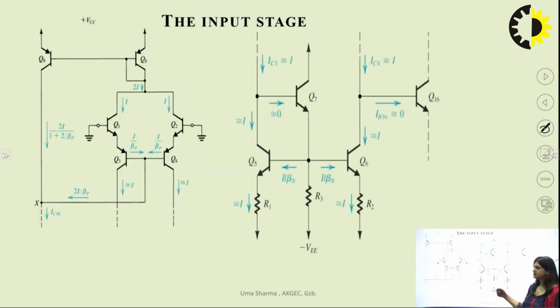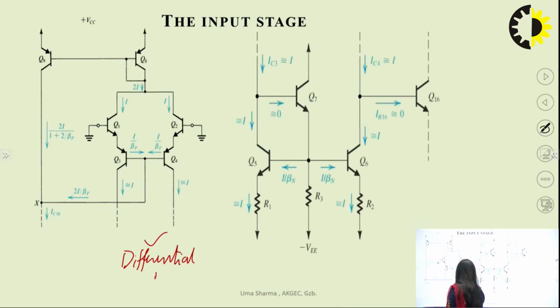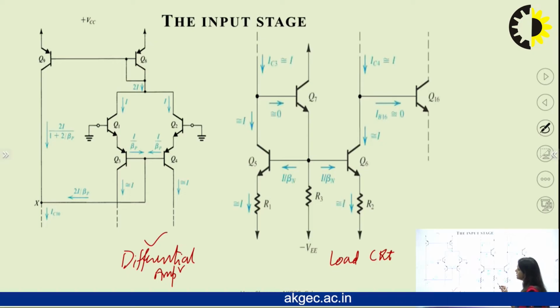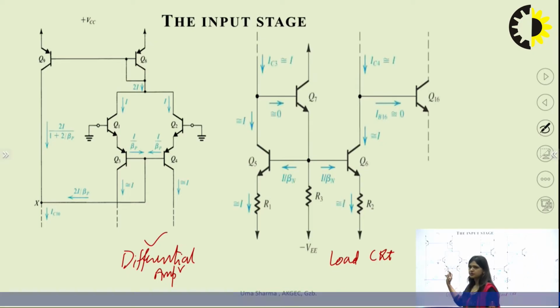So this is the internal diagram for the input stage, and this input stage diagram is further divided into two parts. One is this differential amplifier, whereas this circuit is considered as the load circuit. So if you see the main circuit of the 741 IC, you can identify these transistors Q1, Q2, Q3, Q4, Q5, Q6 and Q7. Here in this slide, I have grounded these two terminals, just representing that we are talking